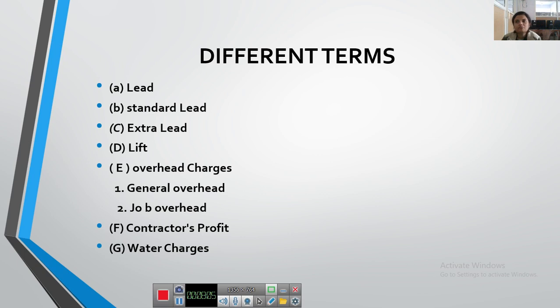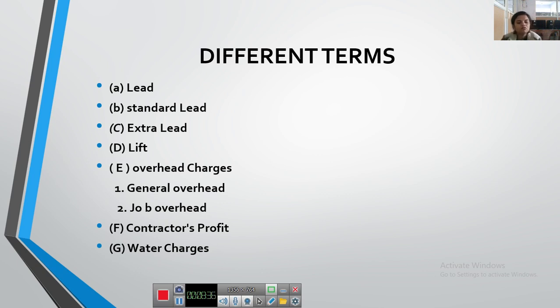Always remember, if you are a contractor doing work, but cement and steel are generally provided by the owner itself, then he or she cannot include steel and cement in the cost of the items or labor. He has to exclude that cost, and then the total will be on that percentage. He will get 10% as his profit.